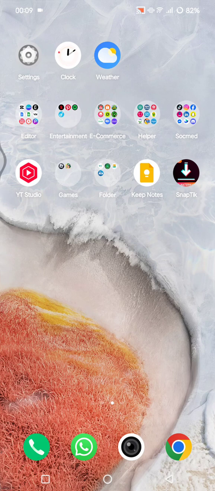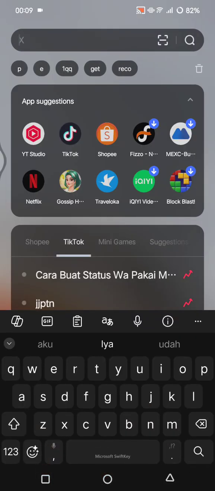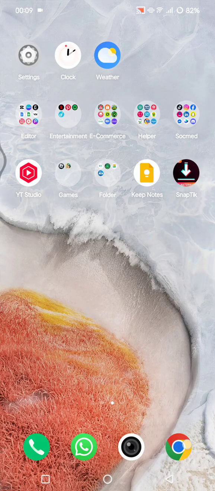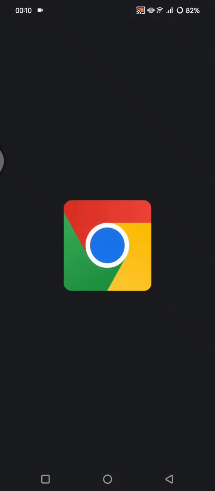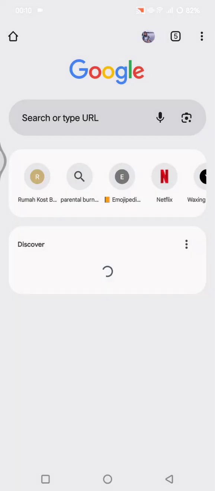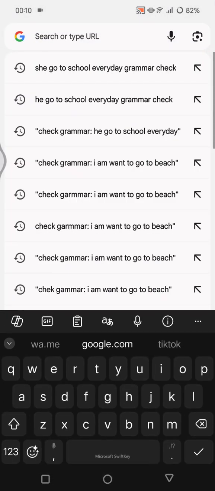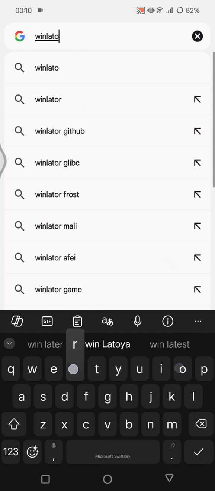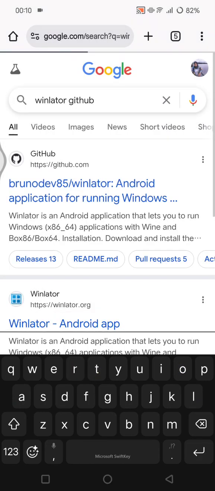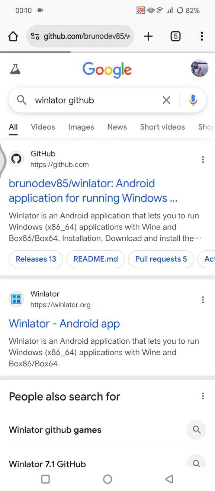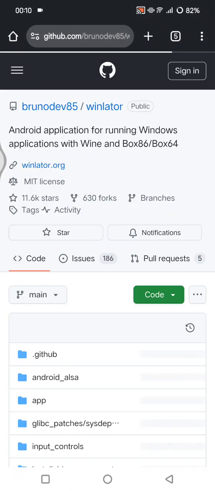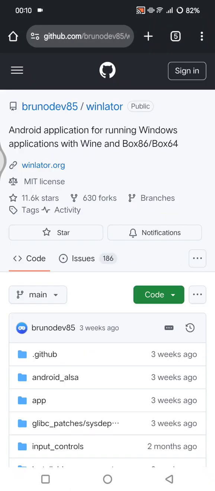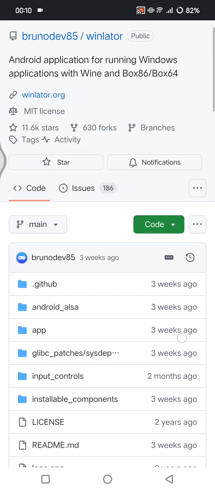So the first method, you can use an exe emulator such as WinLater, and it's best for games. You can just download WinLater first. You can go to here, just find WinLater GitHub. Then you can just click on this page, and now you can just download the APK and OBB